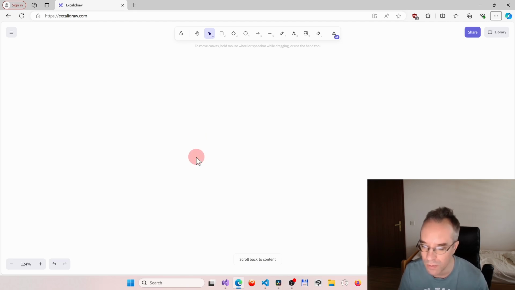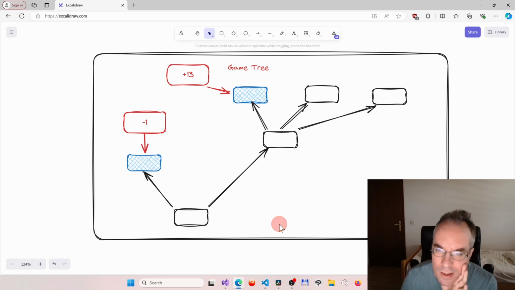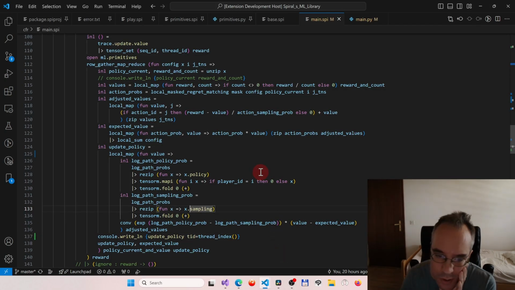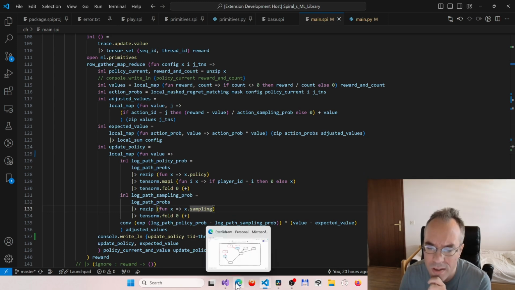Now, let me pause. I'm kind of going at this with the intention of, actually, I would prefer if we could just set the sampling probability for the player ID to 0, like we do for the policy. But that would lead us to incorrect results. We have to think about